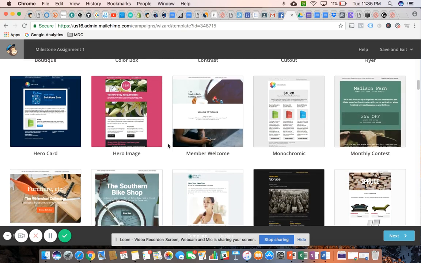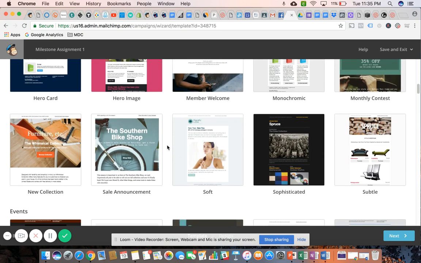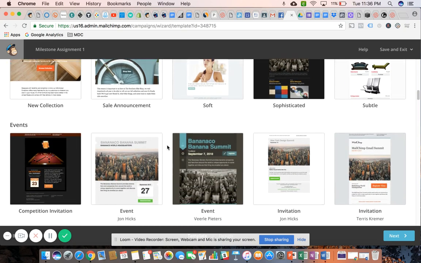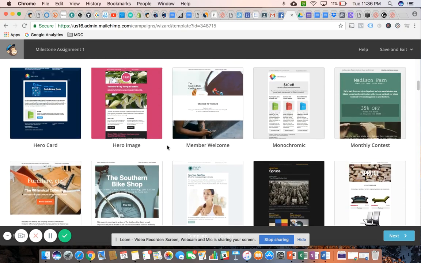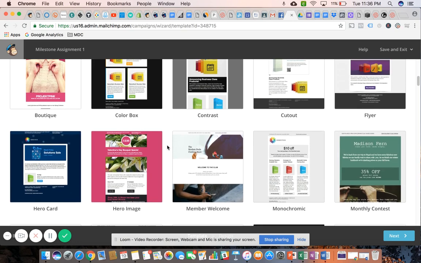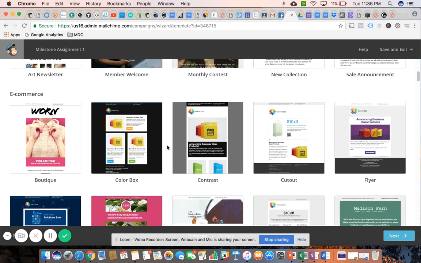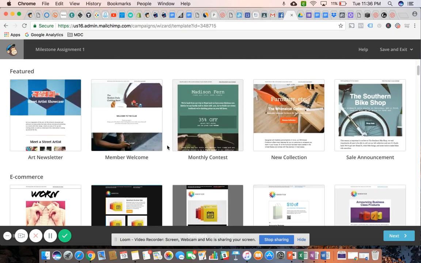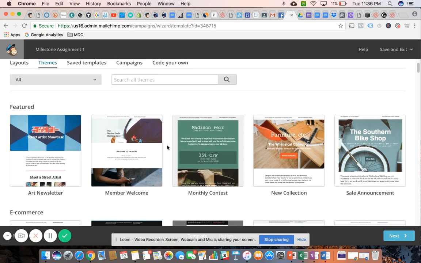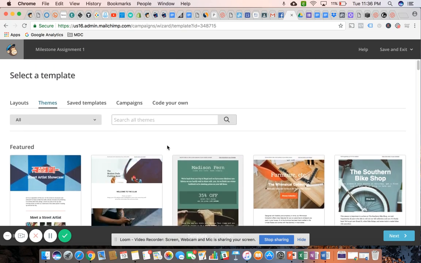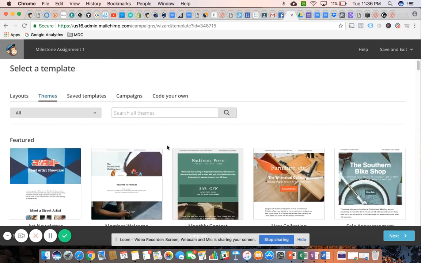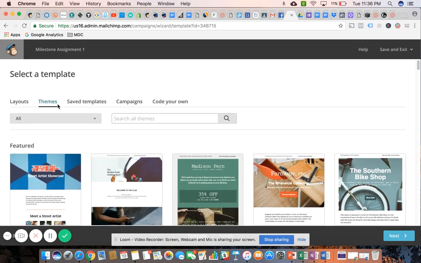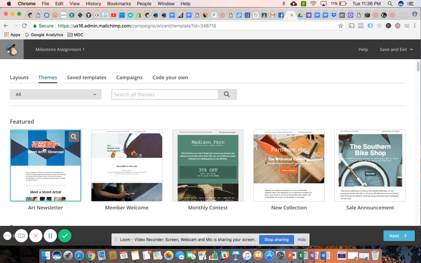Which make it really easy for you to modify these existing formats to your branding colors, and makes it really easy for you to replace some of these images with your own. So explore these themes as well and see which one is a good fit for your business. So if I choose this one, for example,